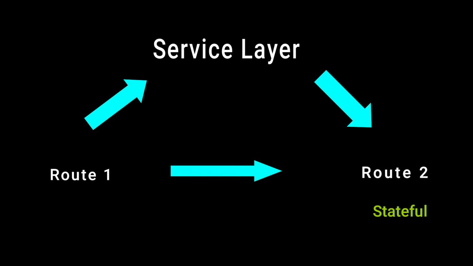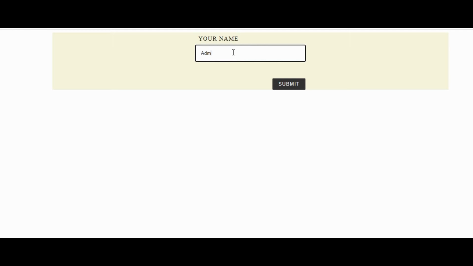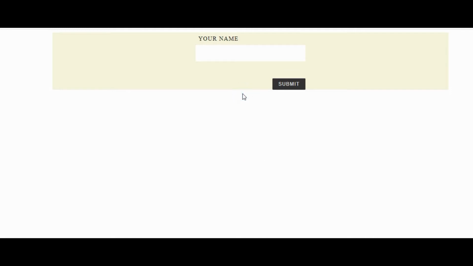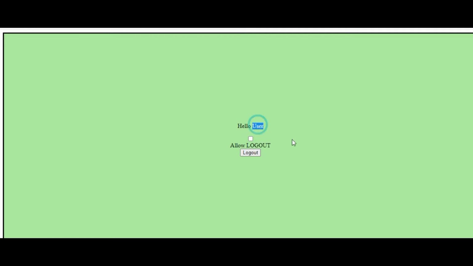So what we will do right now is go straight in and implement this logic in our sample application. So let's go for it. Right now, if we log in with admin, it will display user. So it's not stateful, it's a stateless component, and we can log out and come here. What we want is, if I type admin or if I type guest, I should have something like welcome guest returned over here, so that it will be stateful. So that's what we will be doing.